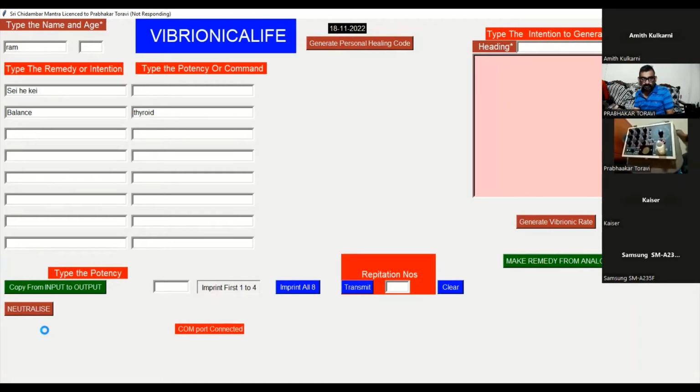You want to first neutralize that, and you want to use it. That time you have to neutralize and use it. So we'll see for the distance healing. I have given there is a repetition number. So you can either repeat for the whole night. I say for 51 times. If you set for 51 times, it will take the whole night and transmit